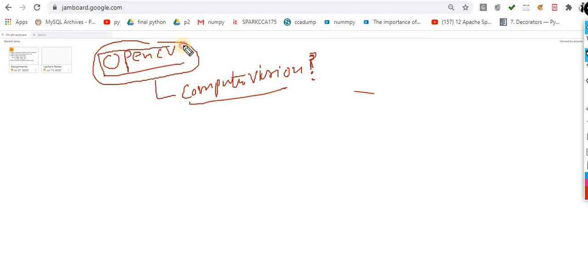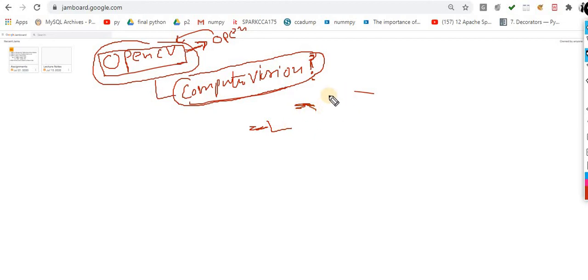So OpenCV is highly used for artificial intelligence, for image processing. If you want to play with images, then OpenCV definitely comes into the picture. OpenCV is basically open source. I will come back to this point later. First, understand the concept of computer vision. What exactly is computer vision? Computer vision is a process by which we can understand images and videos, how they are stored, how they can be manipulated, and how to retrieve data from them. So this is the concept of computer vision.